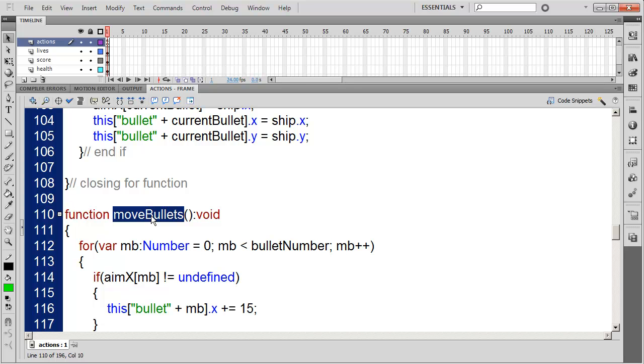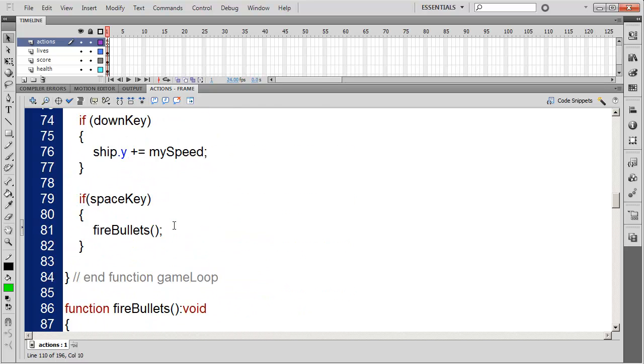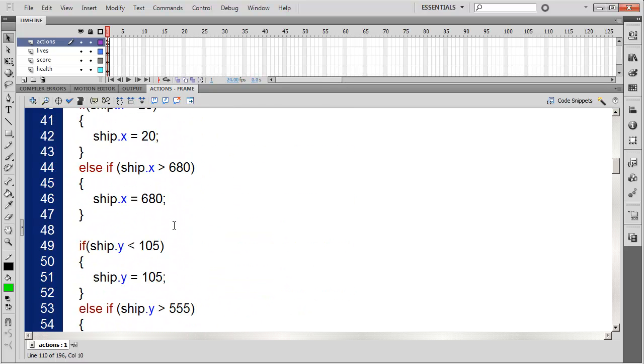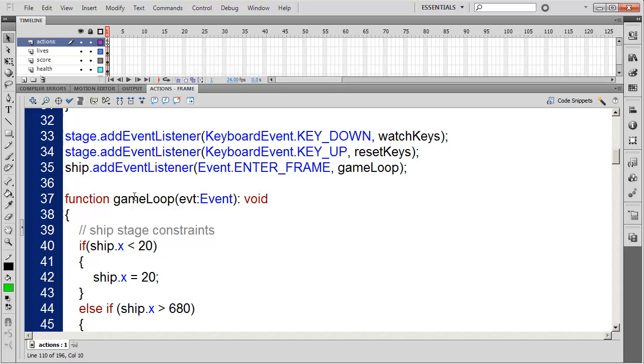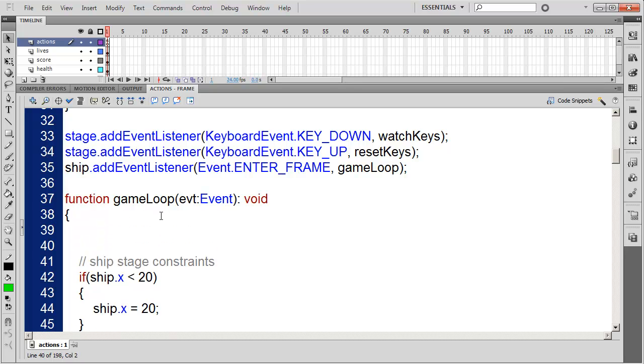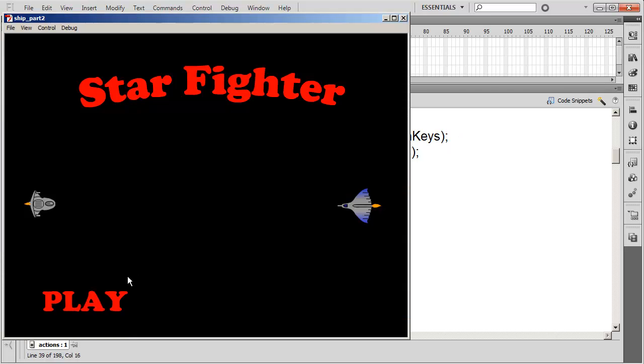So I'm going to call that function, or copy that function name. So let's just copy that function name and the parentheses as well. I'm going to come up in here right to the top of my game loop. So right at the very top here, and I'm just going to paste that in there, put a semicolon. So my move bullets are going to be called all the time, over and over again. So now if we test,